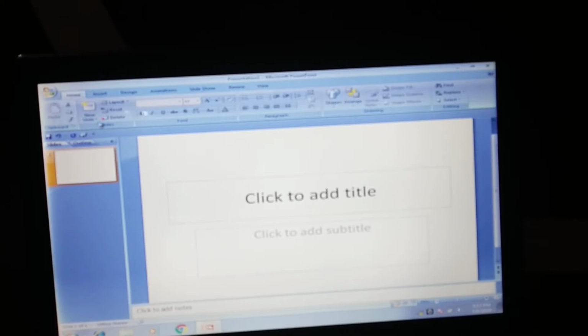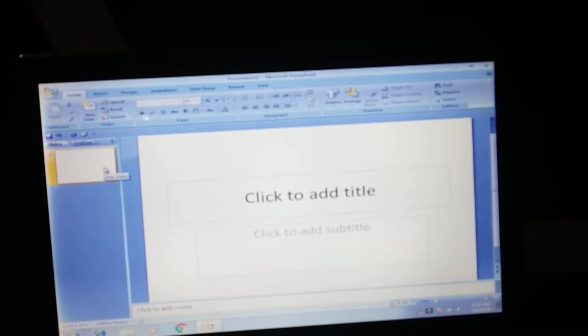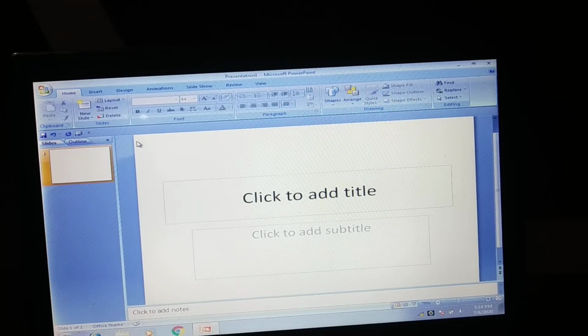You have to apply this from here and then do copy and pasting of slides. Then let me teach you applying a theme to an existing